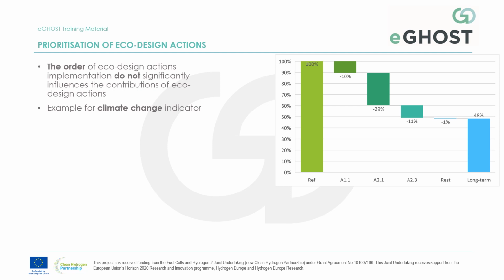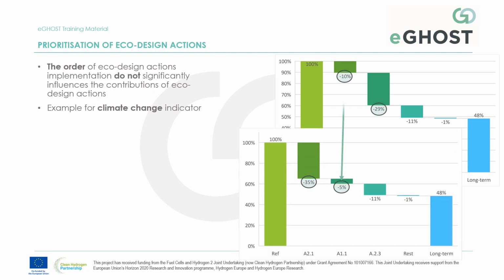Both these actions are affecting the platinum. So it's important whether we first implemented ecodesign action 1.1 and then 2.1, or the other way around. This is an example here for the climate change indicator,